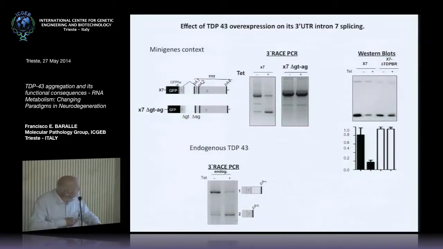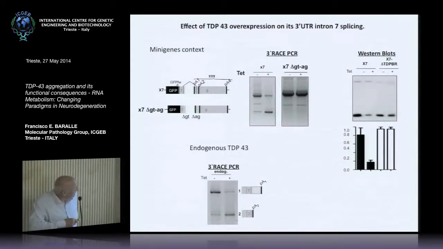So after many manipulations of this, we realized that deleting that area abolishes self-regulation. In this case, what I am showing here is the effect of overexpression. This would be the equivalent to the long messenger,